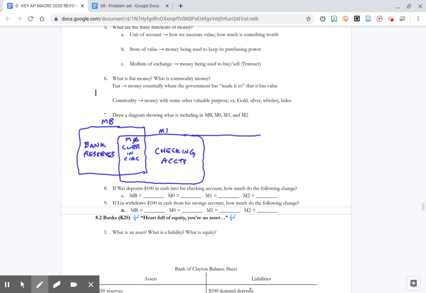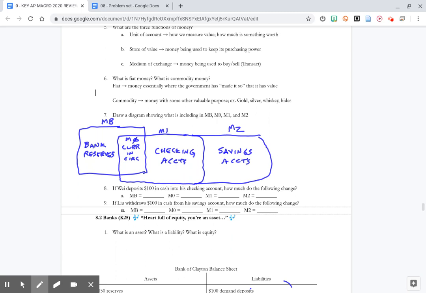And then we've got an additional measure called M2. M2 includes all of the M0 and the M1, but it also includes savings accounts. There are different forms of savings accounts out there, but in general, we'll just leave it at that, savings accounts. That's M2. And that's less liquid because you only get certain numbers of withdrawals you can have every month, because it's easier to keep the money supply more stable.